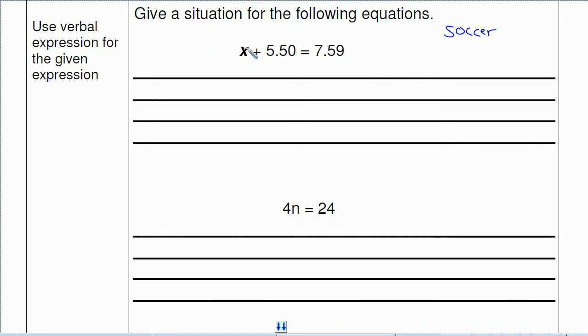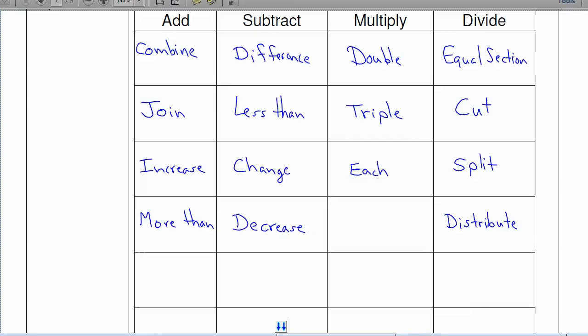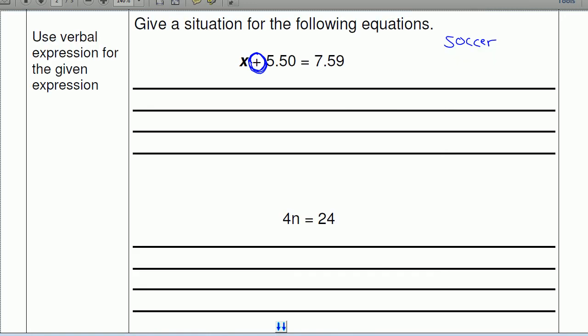And I know that I'm doing that because here's the problem here. The operation is addition. So I'm going to have to use some of those words that I used right here: combine, join, increase, more than, or any of the other words. There's more words than just these that you can use to say that you're adding something. So I'm going to say